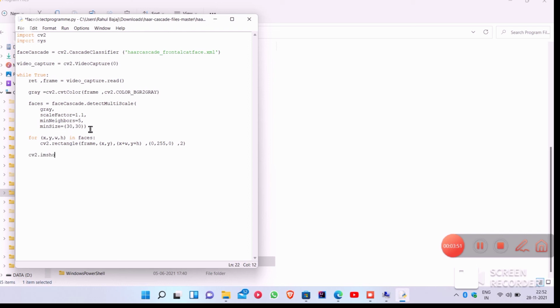Now we are going to show the image with the function cv2.imshow. So we are basically displaying the detected face image in our program.